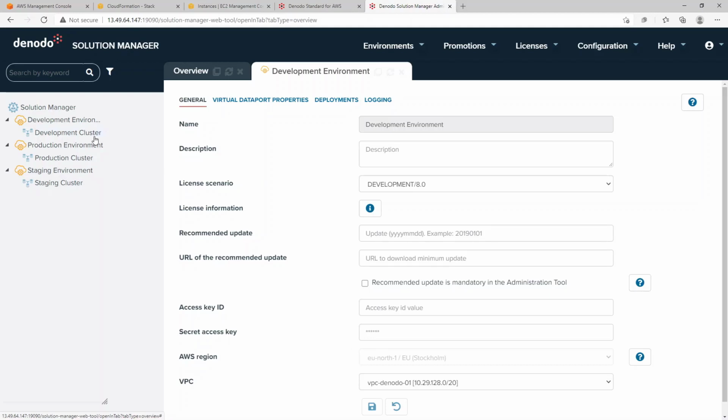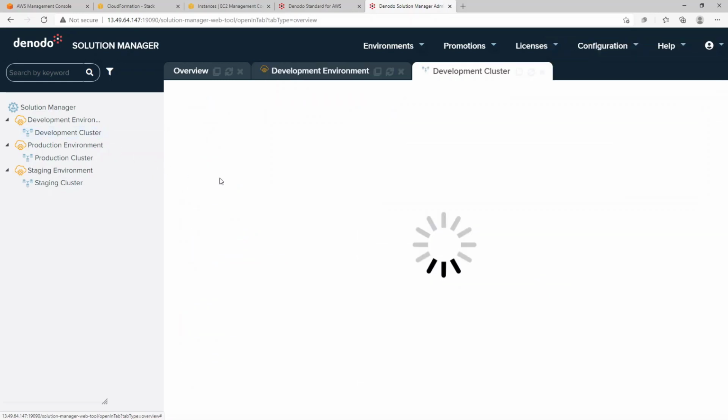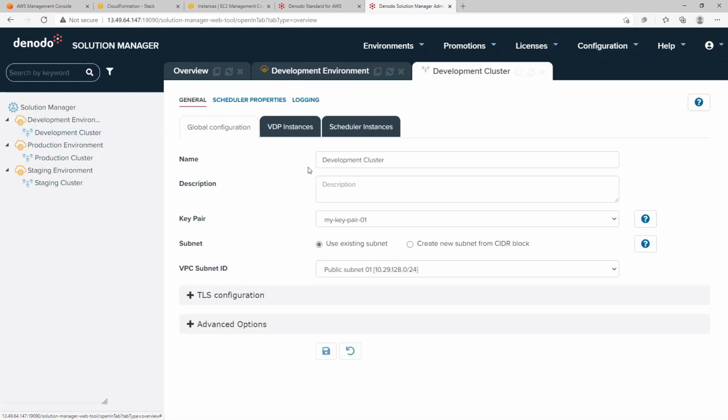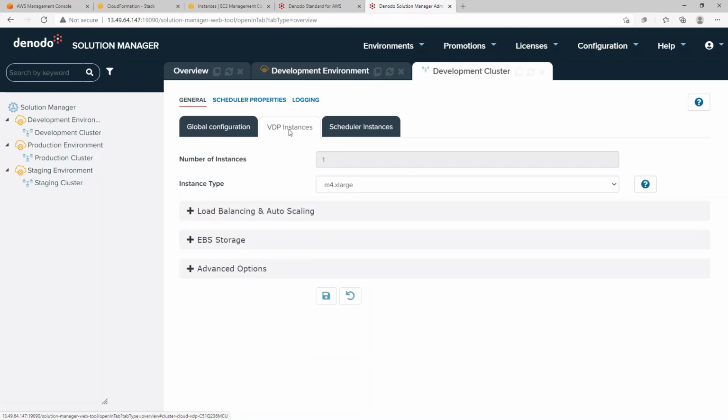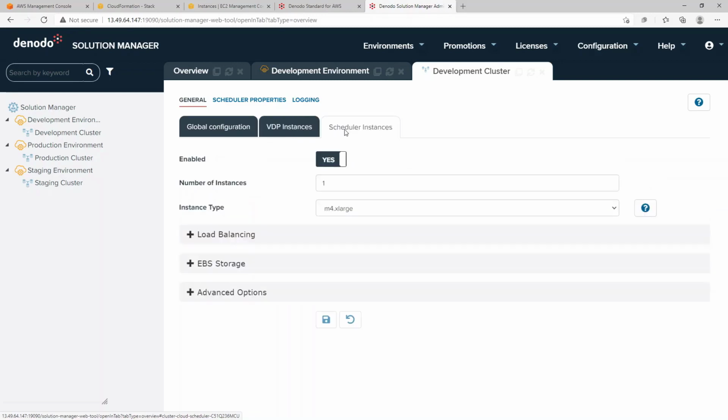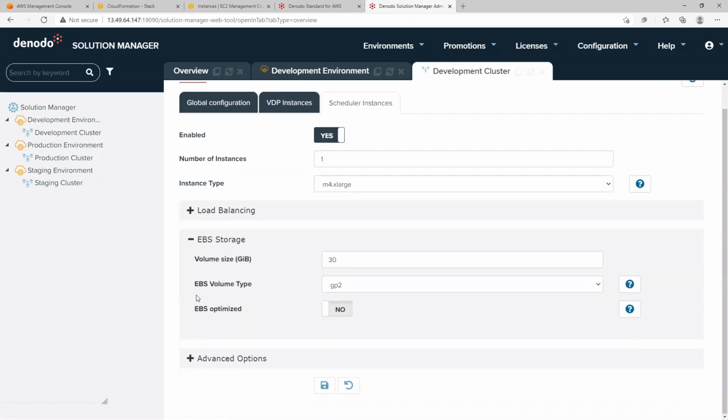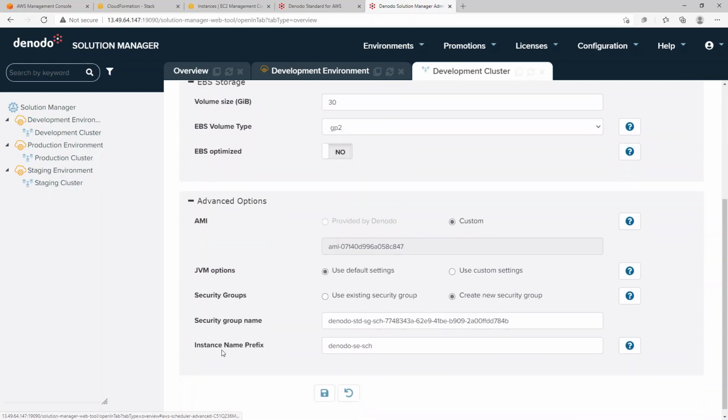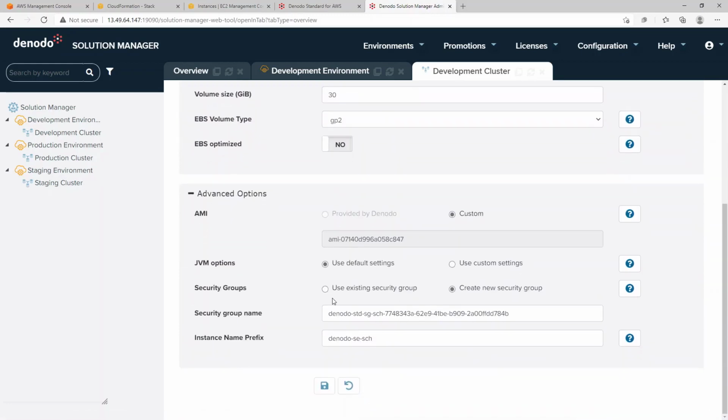Regarding clusters, each cluster has also a default configuration, a name again, the same key pair and subnet as the Solution Manager instance, and one instance of virtual data port and another instance of the Node scheduler with different settings for the instance type, the EBS storage, the security group, and the instance name prefix, among others.